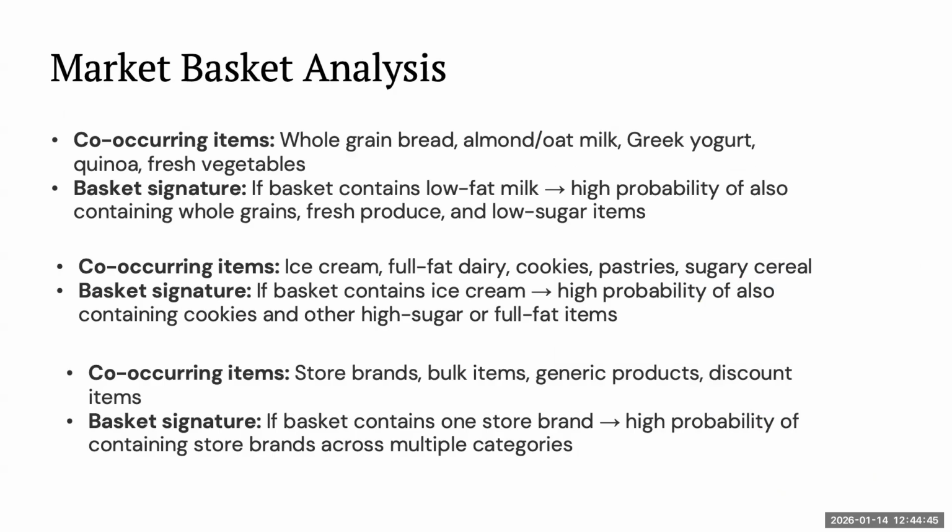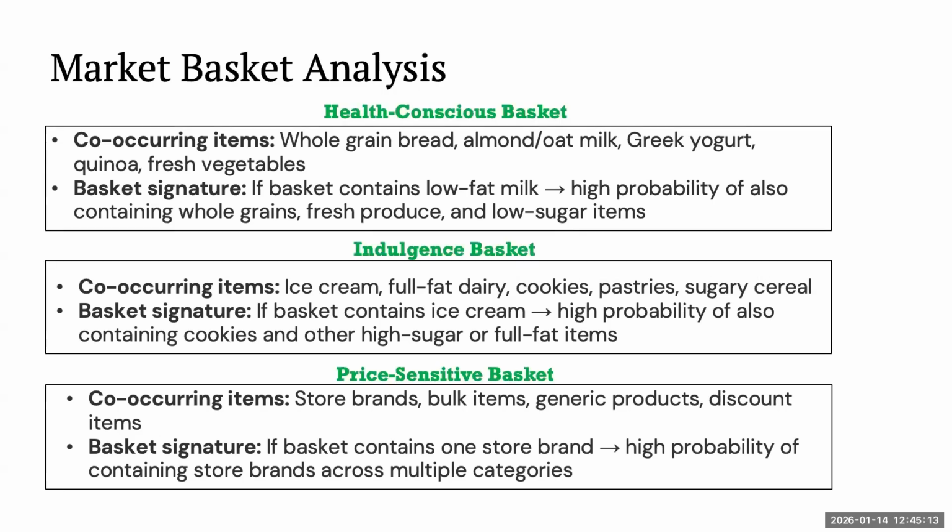By the same token, if I look at the receipts and I see a lot of store brands, whatever the store brand for Safeway is, a lot of bulk items, a lot of generic products, discount items, we can build a rule. That rule would be: if a basket contains one store brand, there's a high probability it's going to contain store brands across multiple categories, or maybe even some generic products or bulk items. So that's exactly what we're trying to do,